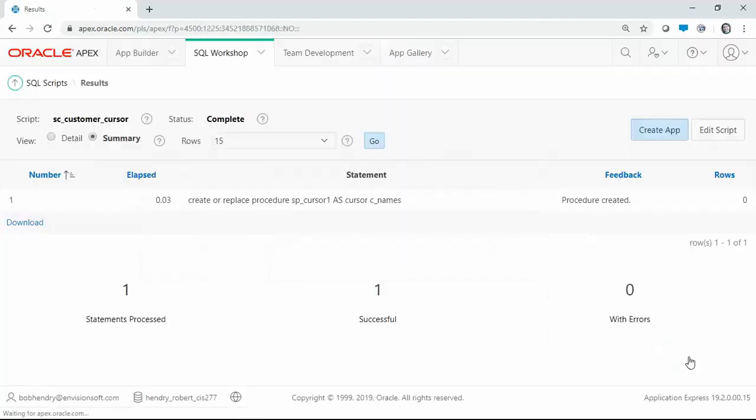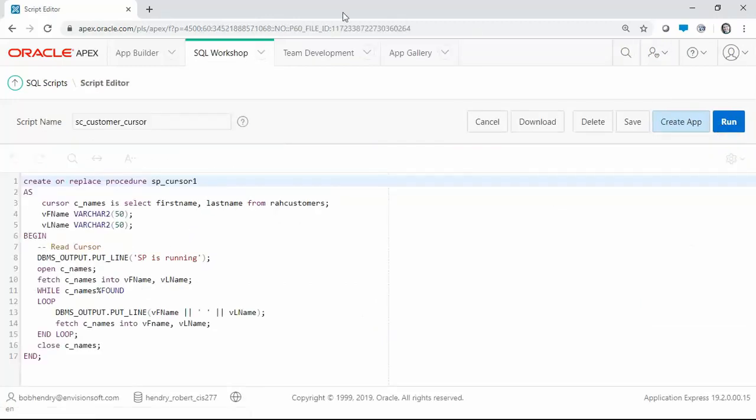So let's do a run now. And you should see procedure created. Now remember, just because it's created doesn't mean you're running it. So we're going to run it now. We're going to go back to that PL/SQL block of code, and we're going to change it to run